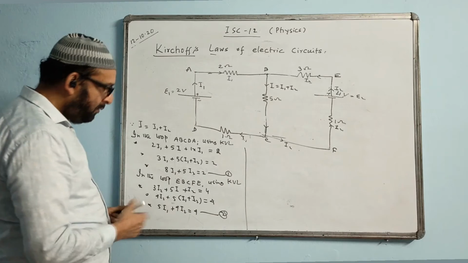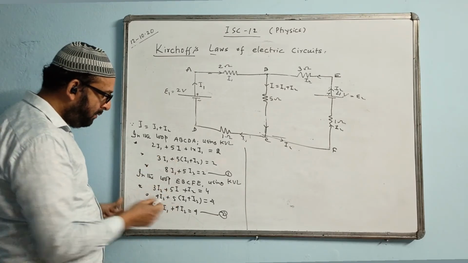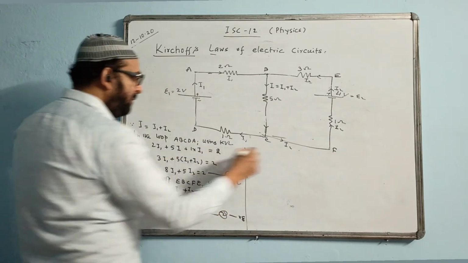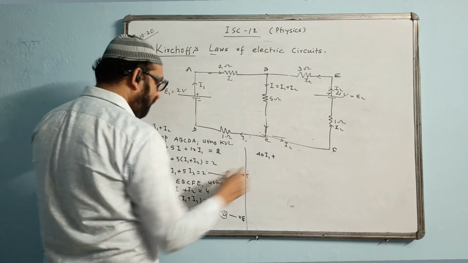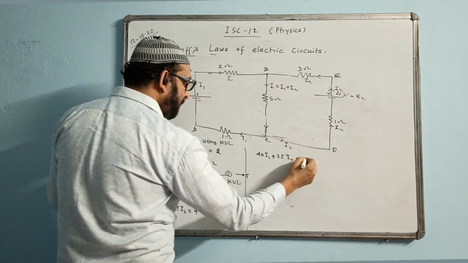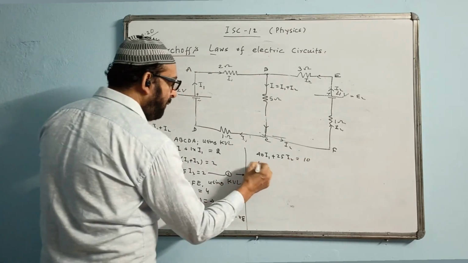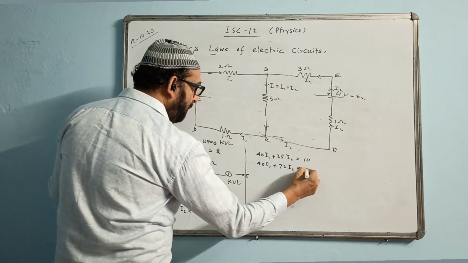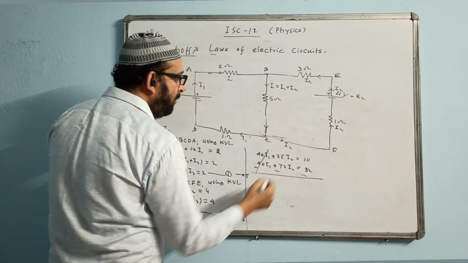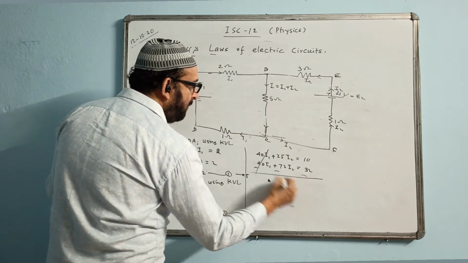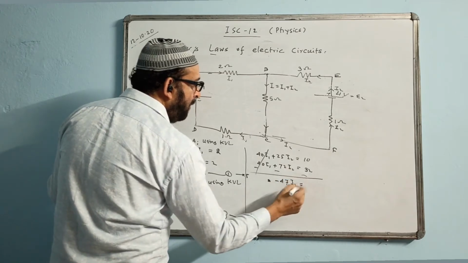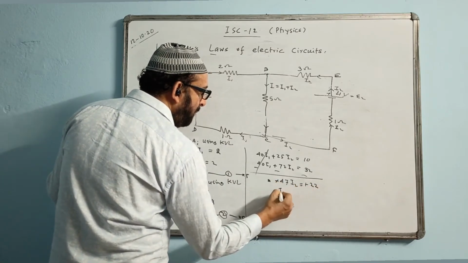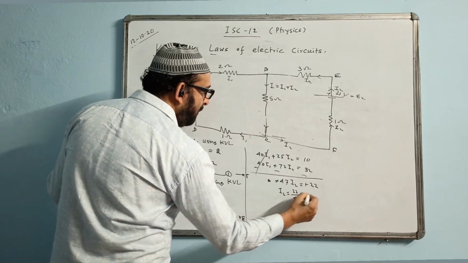What to solve? I think you know the simultaneous equations. Make any one of them equal. So this is 5, this is 8. I multiply this by 5, multiply this by 8. 5 into this, 40I1 plus 5 times 5, 25I2, is equal to 5 times 2, 10. Here I multiply 8 times 5, 40I1, 8 times 9, 72I2, 8 times 4, 32. Now simplify, change the sign, this will go, this subtraction: 25 minus 72 is minus 47I2 equal to 10 minus 32, minus 22. Minus and minus will go, I2 value is coming 22 by 47.